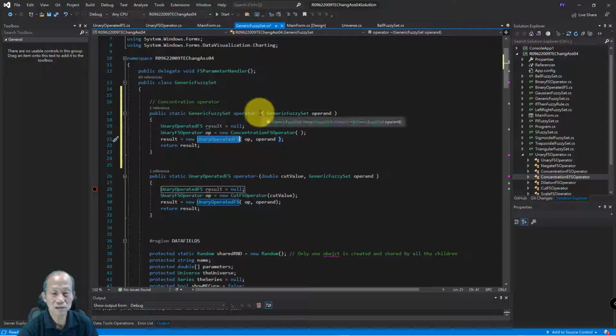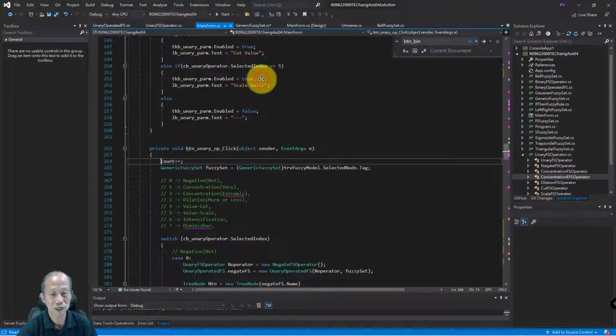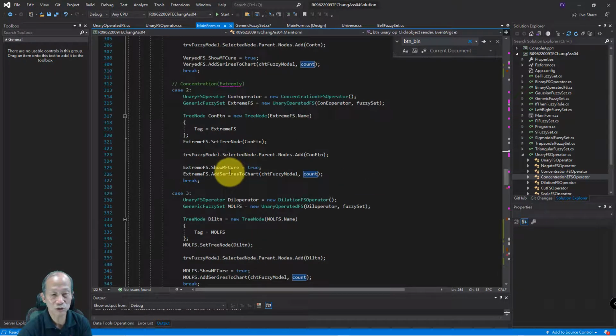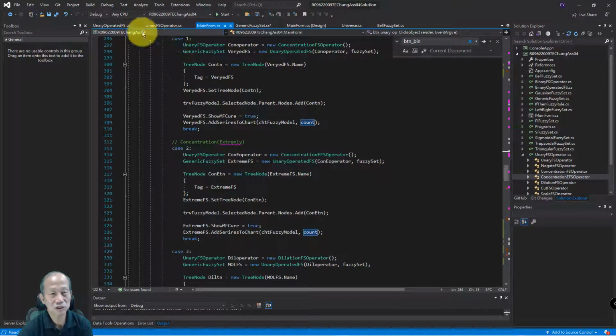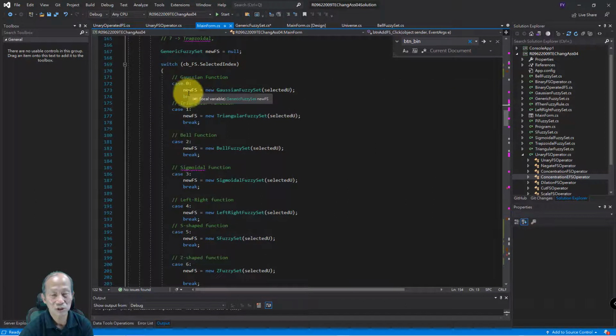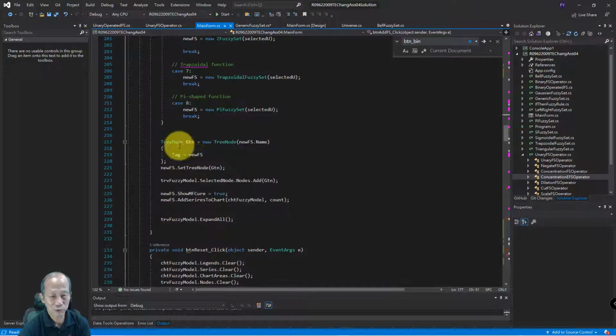So if I have this notation, then I can go back to the unary operator FZ button here. Create a unary operator button, right? So similarly, remember that the derived class object can be regarded as the superclass reference. So here again, similar work can be reduced, right? The one I just told you before. Now add the FZ button. We don't need to duplicate a lot of code there. Every instance of a derived class we assign into the superclass reference right here. So Gaussian fuzzy set is a generic fuzzy set, right? Triangular is also a generic fuzzy set. So we store our reference in this generic class reference, and then we apply similar